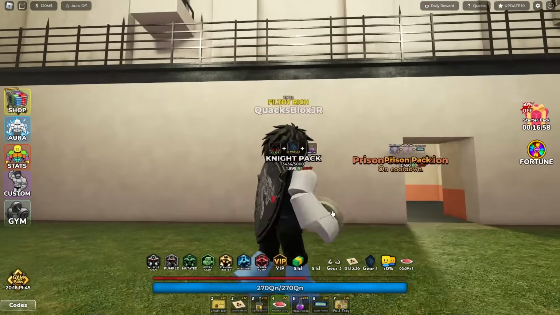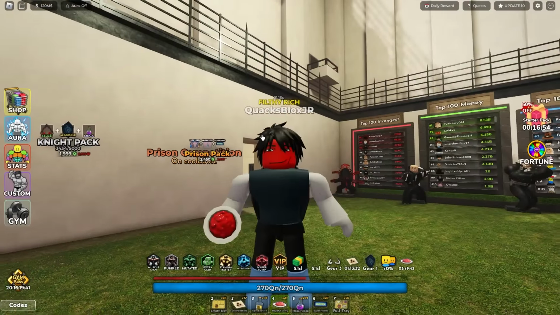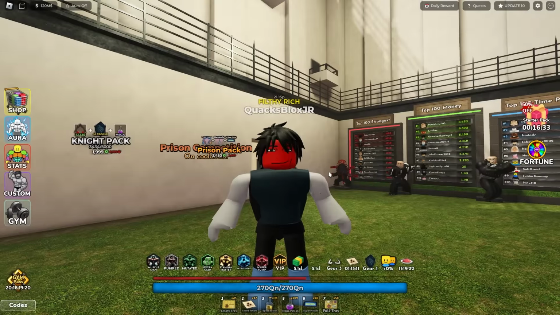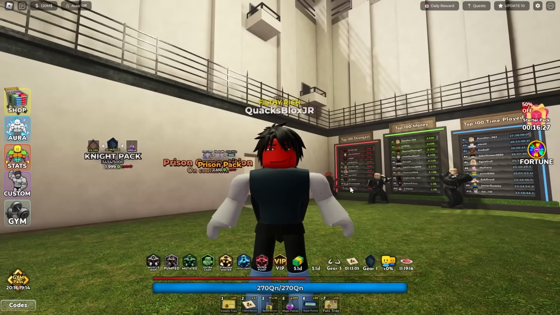Like, I didn't buy these. The way I got my $100 million was just grinding the prison competition, and a part of the rewards, you can actually get different power-ups and boosts and all that stuff. And alrighty, that is 12 hours of hopeful curry applied, 125% training speed, but of course we're not even close